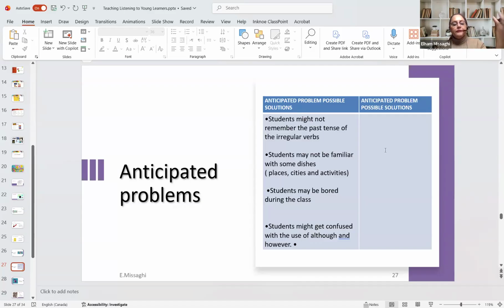Or the listening is about Japan and the cuisines and different things about Japan. They have no idea. Is this something that you have to put in your teaching plan, or is this just something for you to think about, to get prepared? So that's what we say. Depends on the level and depends on your students. You need to anticipate problems. You need to think about the problems. If this happens, how prepared are you? If my students have no idea about Japan, how should I ask and how should I know?